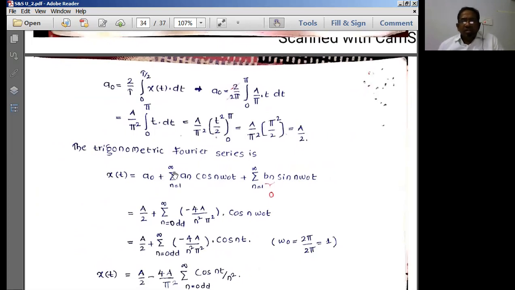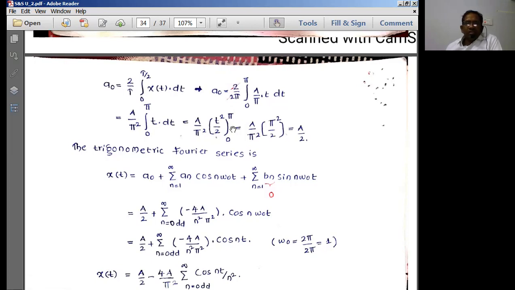And finally, the DC component a naught is equal to 2 by T integral of 0 to T by 2. I can write it here, I have not multiplied with 2 into the integral of 0 to T by 2. Why? Because it is a DC component. In the DC component, we will usually have the odd and even symmetry components. Since odd is anyway 0, that part is not going to come into this particular a naught. Therefore, that is not really included here.